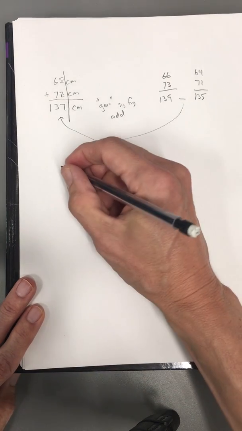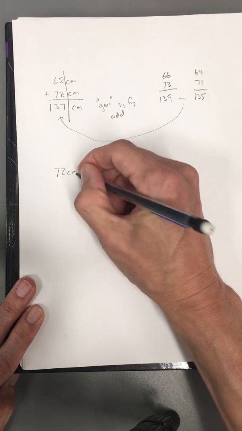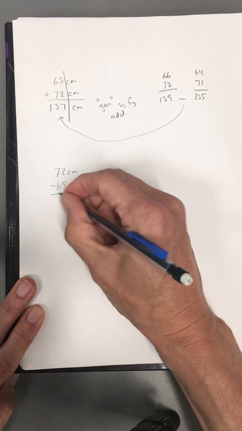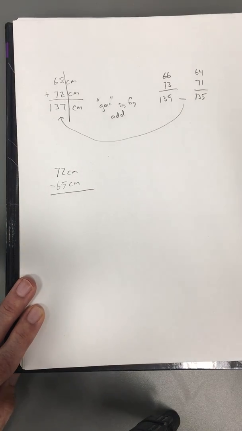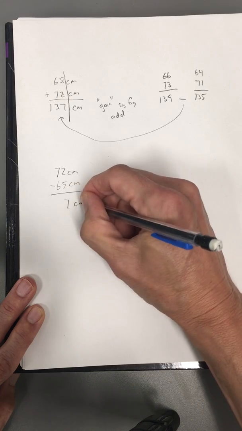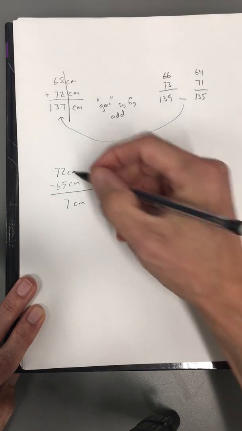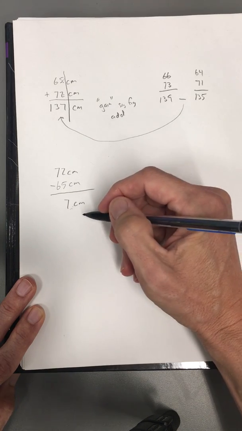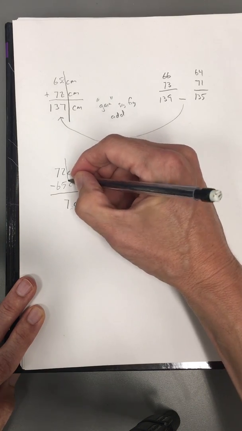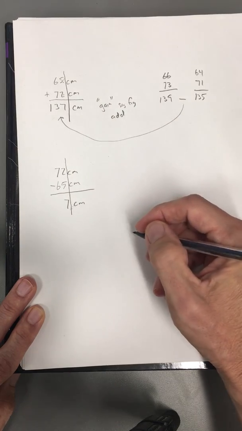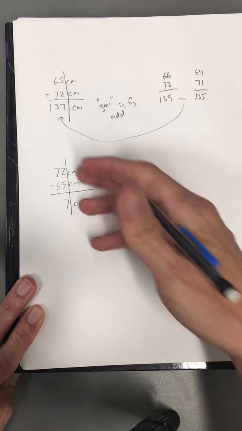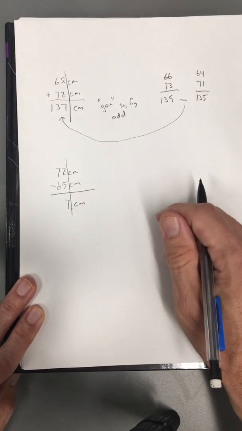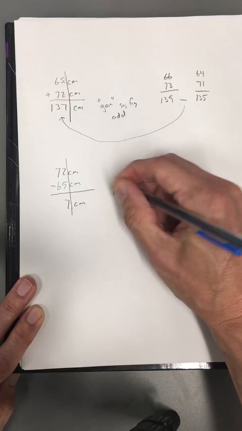Now, in the other direction, let's say you had a 72 centimeter piece and then you were cutting off 65 centimeters of it and you wanted to know how much was going to be left. Well, when you do this subtraction, you find the remaining piece should be 7 centimeters. I had 2 sig figs here, 2 sig figs here, but I only get 1 there. That's correct here, though, because I only know to the ones place. I don't suddenly gain knowledge of the tenths place because I did subtraction here. I didn't know tenths here. I don't know tenths there. I can't know the tenths place down here. So you can also lose a sig fig